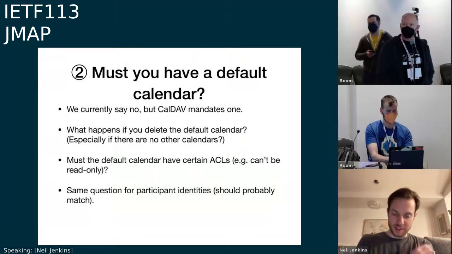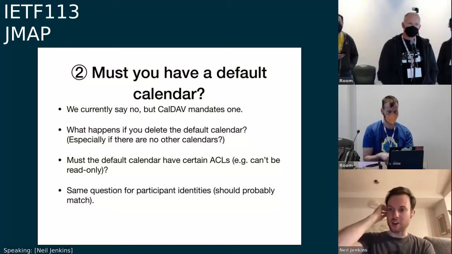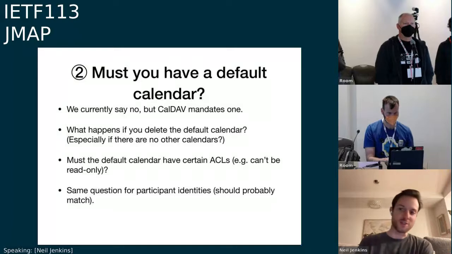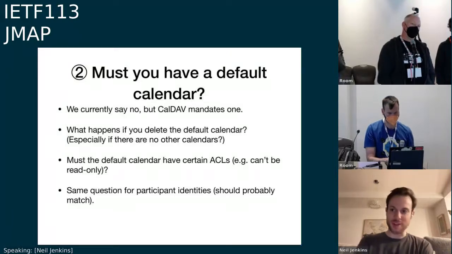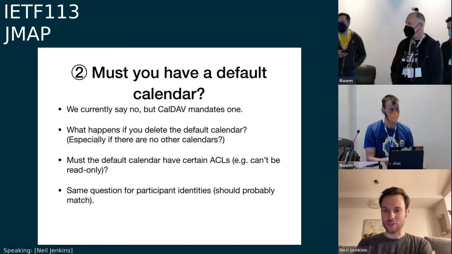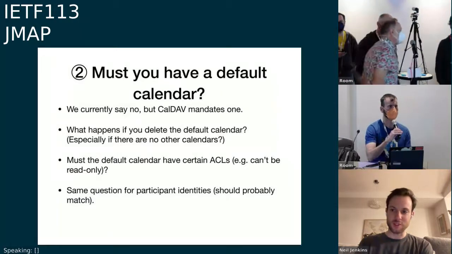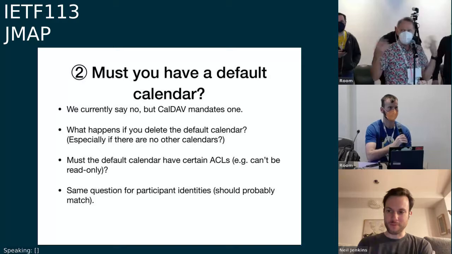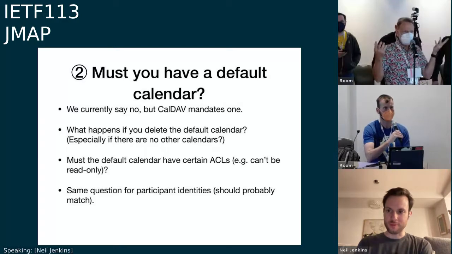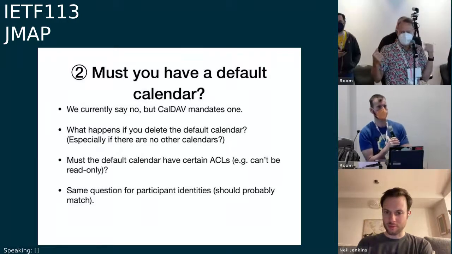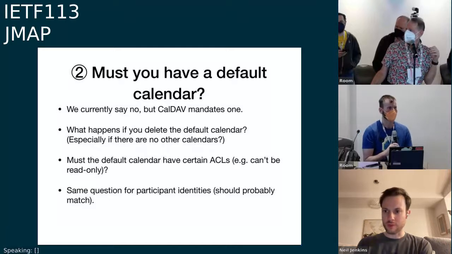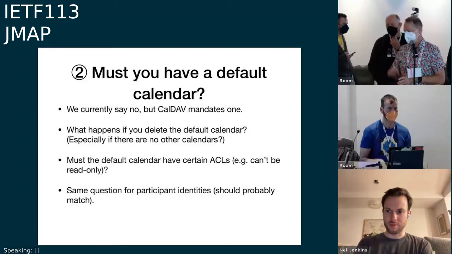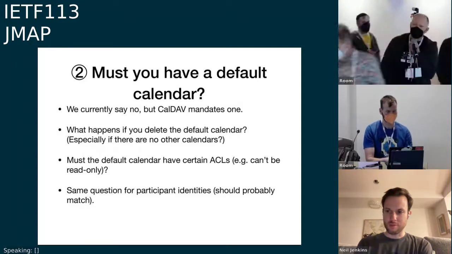And I guess, if you look at the slide, you also get questions of, are there other conditions? Like, what if this is a read-only calendar, so I can't actually add stuff to it? So I have a calendar, but it's not sufficient to be my default calendar, if that makes sense. Do we have restrictions on what can be set as your default? That's where I said it's analogous to IMAP. In IMAP, the inbox can't be read-only, and like I said, you can't fail to have an inbox. Yeah. Yes.